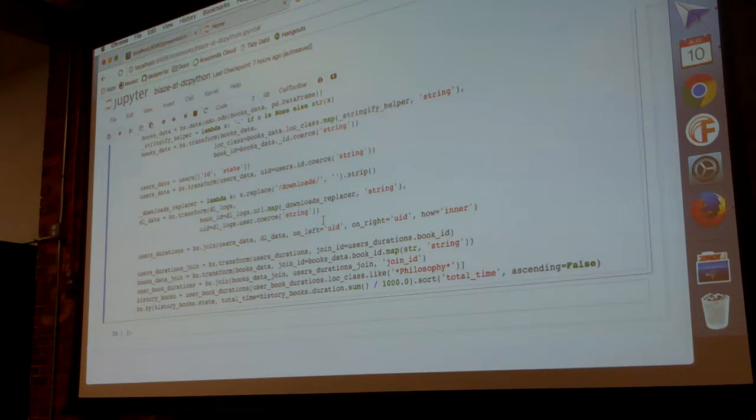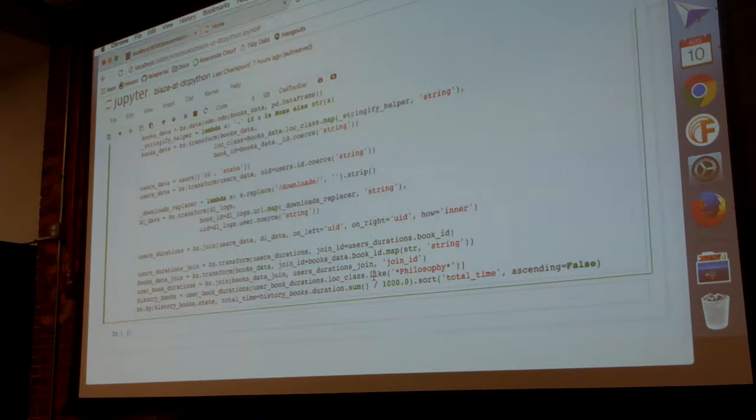And one of the great things about Blaze is you've got this cleaning operation, you've got this filter. Well, it's right here, it's encoded in code. It can be translated to any backend that you want without having to change its shape. So there you go, you're encoding your script for your data cleaning process. So we take our books data, we make sure that we've got string IDs to join things on. We take our users data, we take our download logs data, we join them all up appropriately, and then we